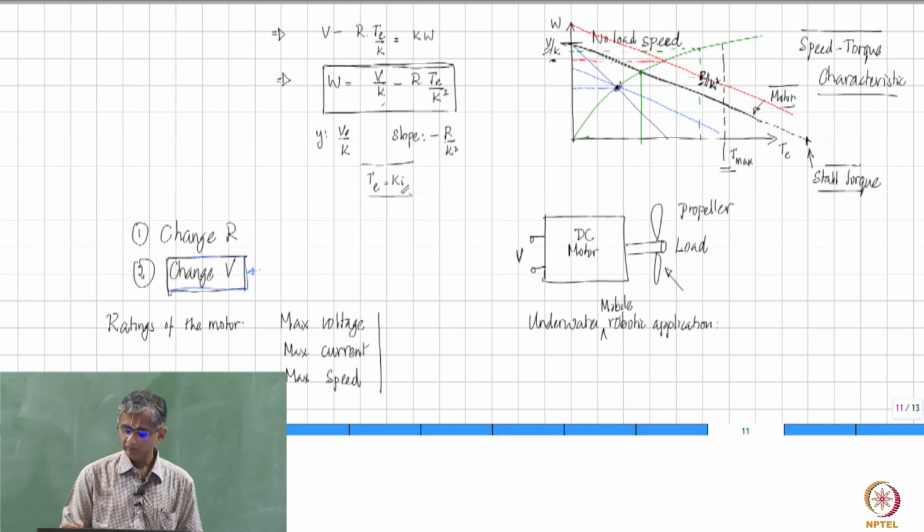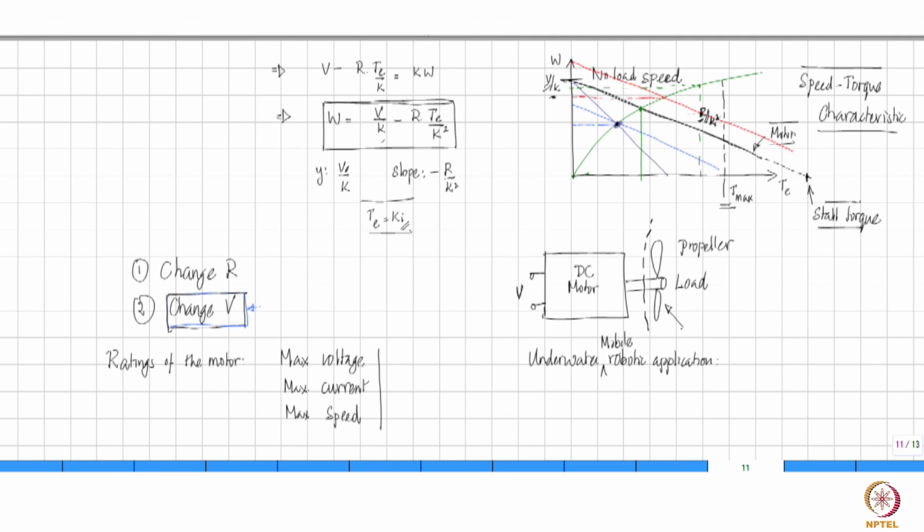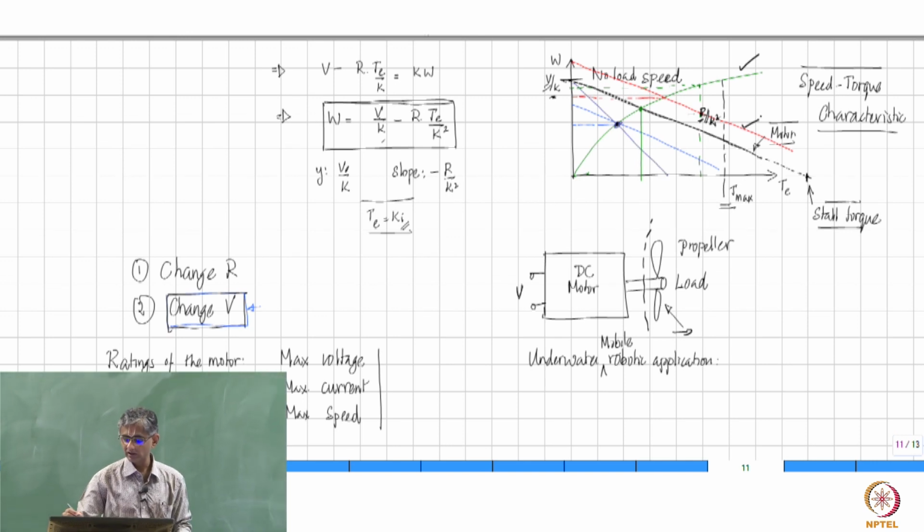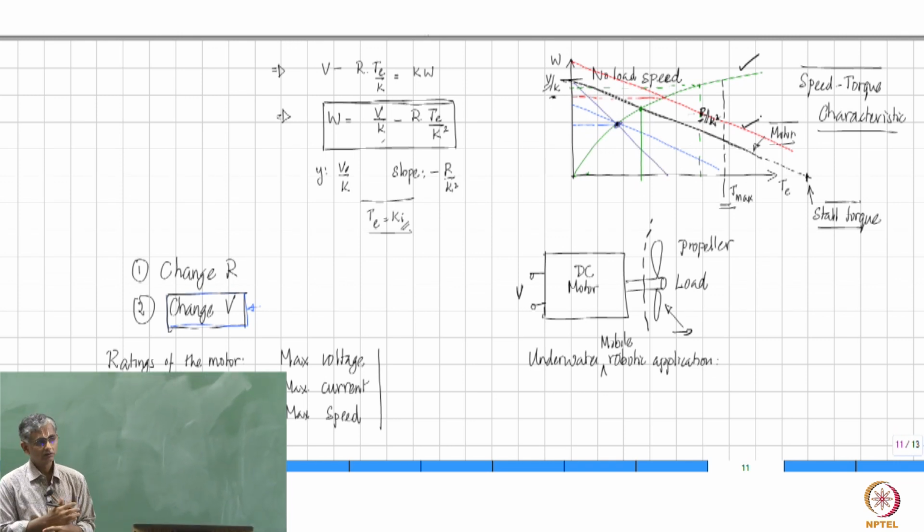So when I say load, it is everything that is going to be there on this side. In this case, what we have drawn is a simple fan, but in general it may not be so. It may be some series of mechanical linkages connected with something else. It could be as sophisticated as one can imagine, but the entire thing, how it looks to the motor, is represented by this graph, and as far as the motor itself is concerned, that is represented by this graph, and therefore where they intersect is where the system together is going to operate.